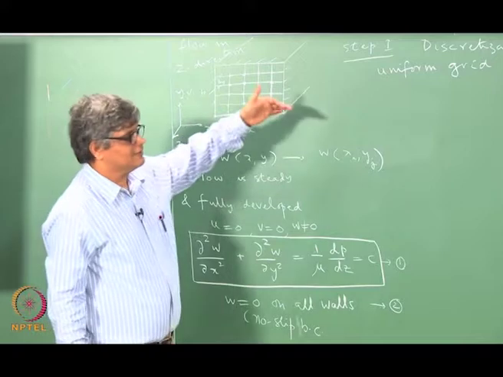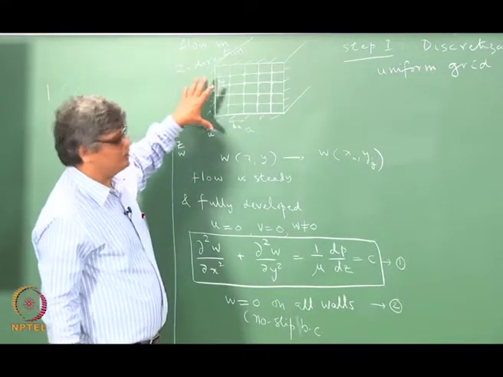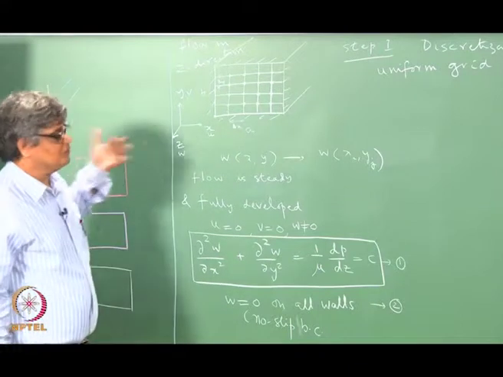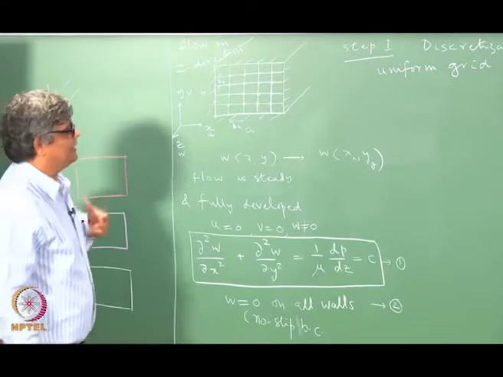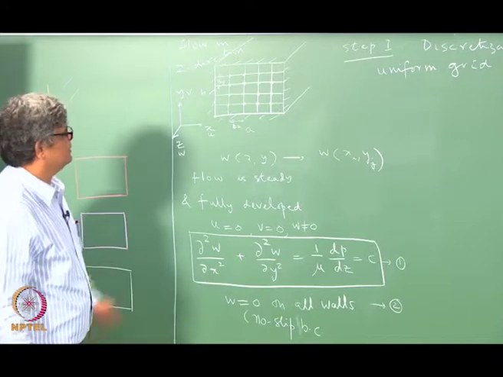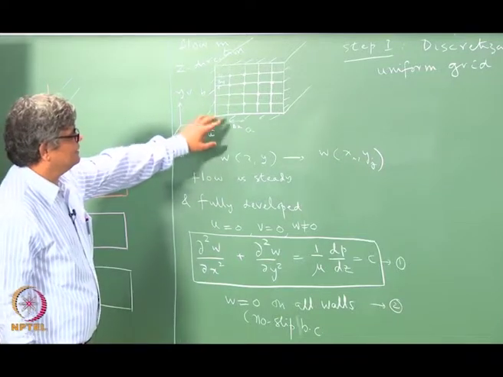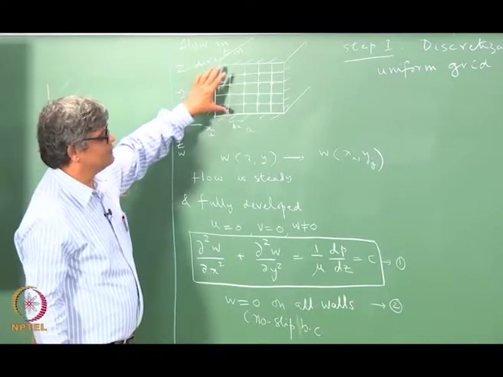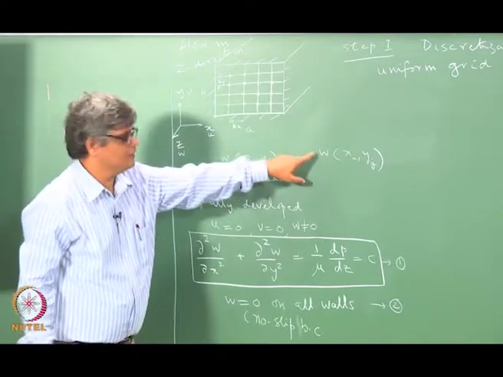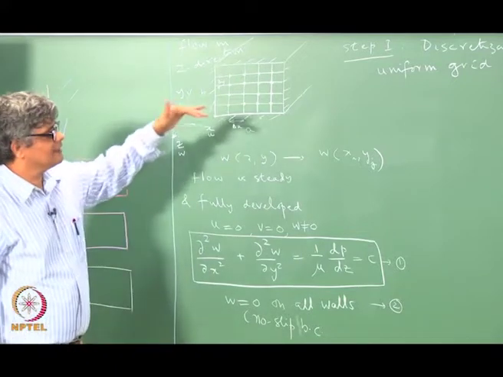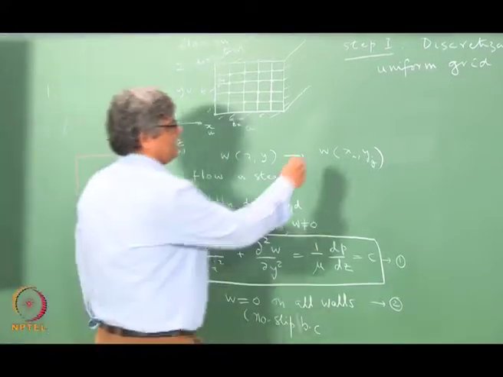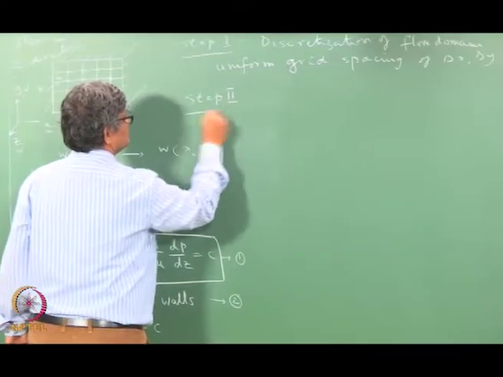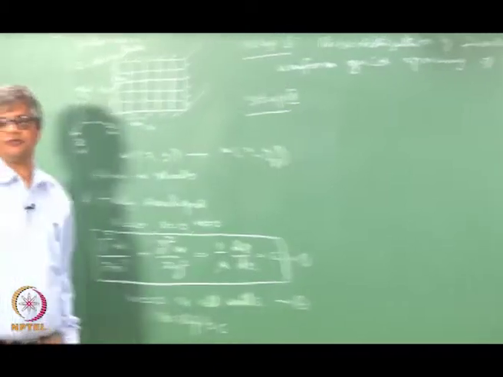We are taking this simplistic flow domain for which we will have a simple discretization to get to the basic idea, then we can make it much more complicated. So, using this we can identify the grid points at which we would like to have the solution W here, and thus completes the first step. And in the second step we make one more approximation.